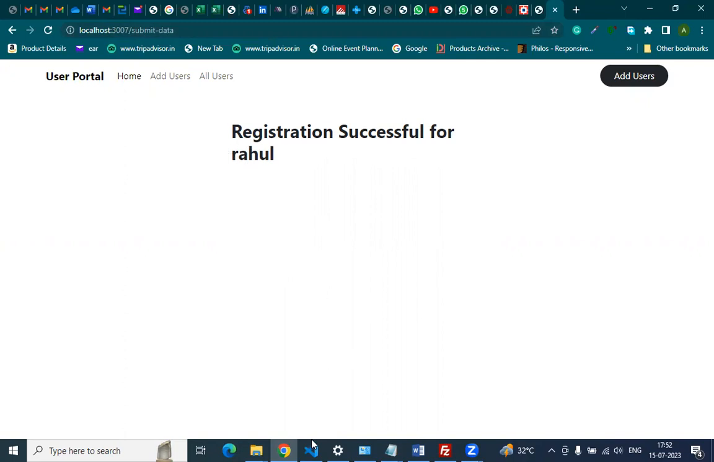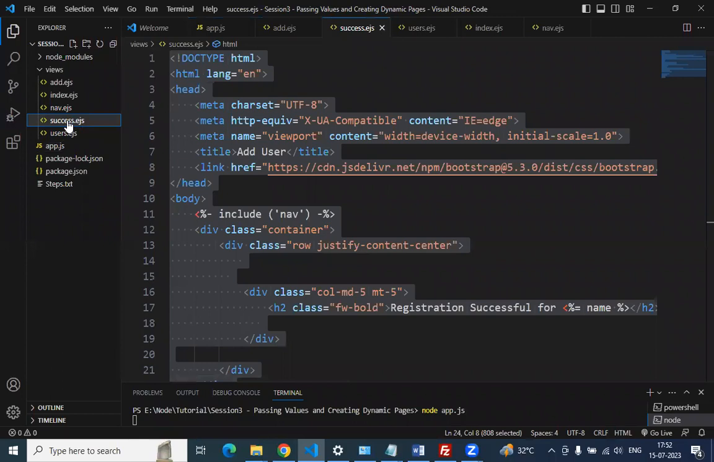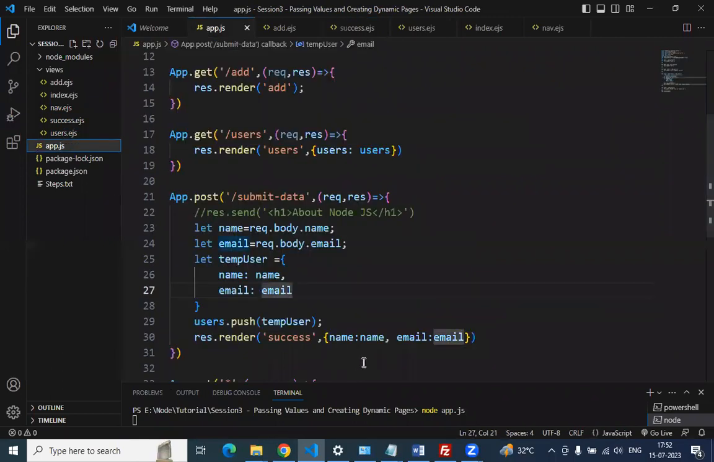So if you can see here, after storing this value into the array, we are calling the success.ejs page. So if we go to the success.ejs page, we have to see what is happening. In the success.ejs page, we are passing the name and the email. Both values of the current user are being passed to the success page. So whenever we have to pass a value from one page to another, we get the value from the add.ejs page. These are the two values that are taken from the add.ejs page, and these are passed to the success.ejs